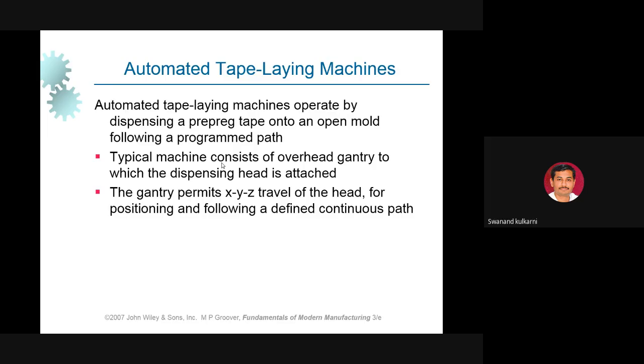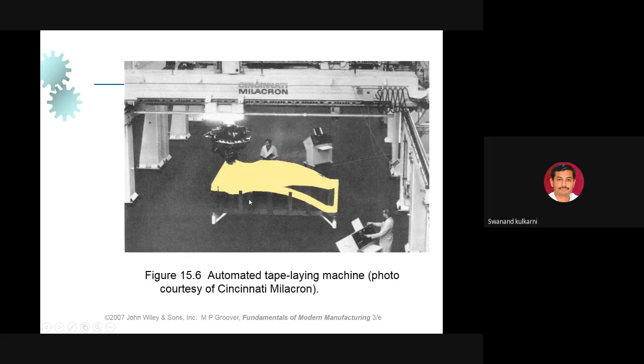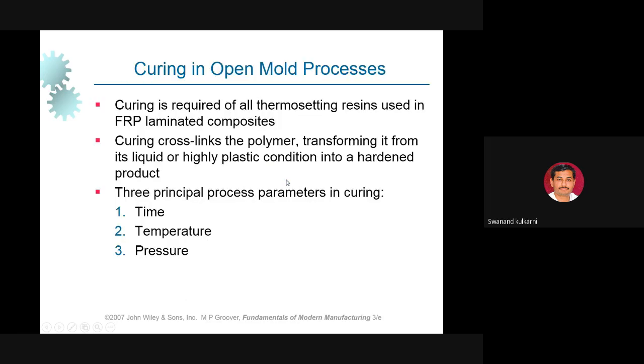Is it okay? So with this open mold and this programmed path, the typical machine consists of an overhead gantry to which a dispensing head is attached. Is it okay? Here you can see how these automatic pre-pregs are present. The automatic tape laying machine is shown here. Is it okay? Here you can see how this particular pre-impregnated tape is present, and when this tape is used directly in order to manufacture the specific part. Is it okay? Then